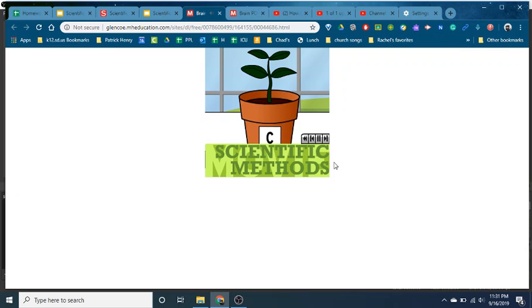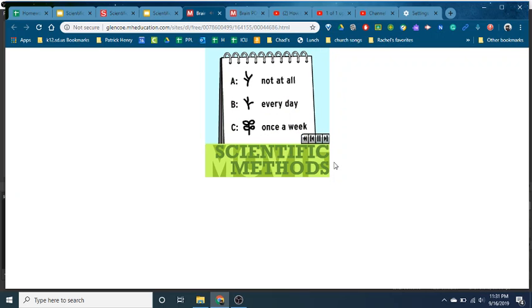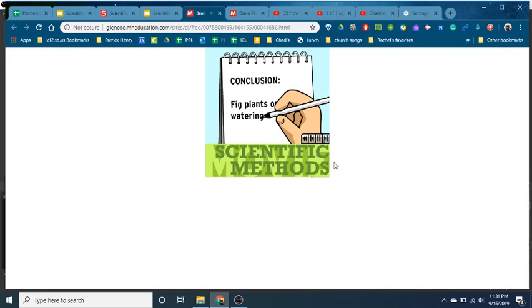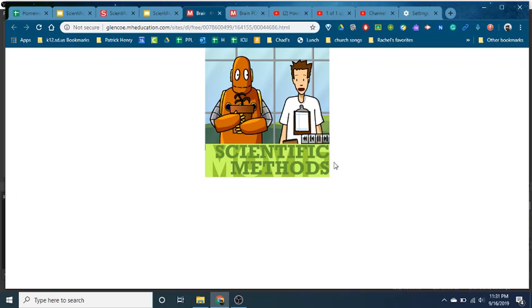Time to analyze our data. Based on this experiment and our observations, it looks like the fig plant did best when it was only watered once a week. From that, we can conclude that fig plants grow best when they're watered once a week. Now we get to tell other people about our results and spread the word that fig plants only need watering once a week. Well, yeah, to be really sure, we should repeat this experiment several times, just to rule out